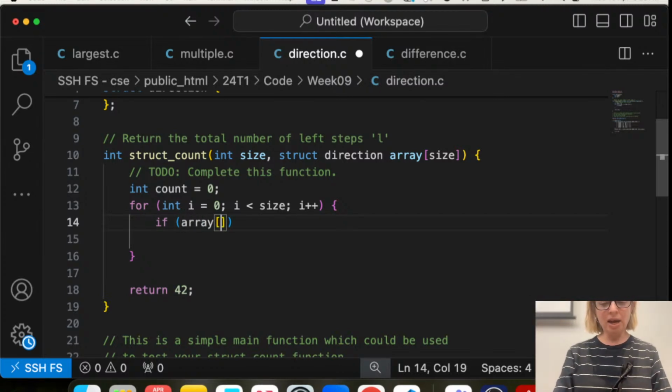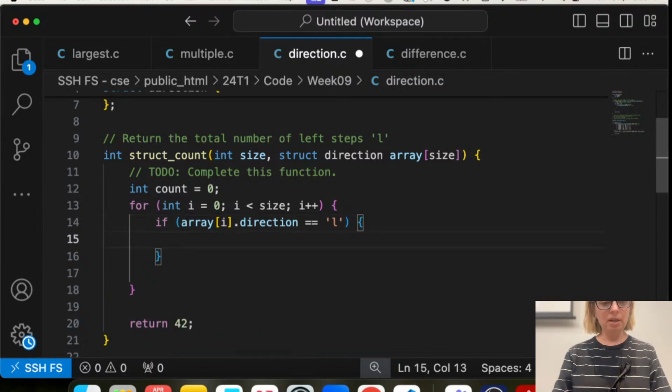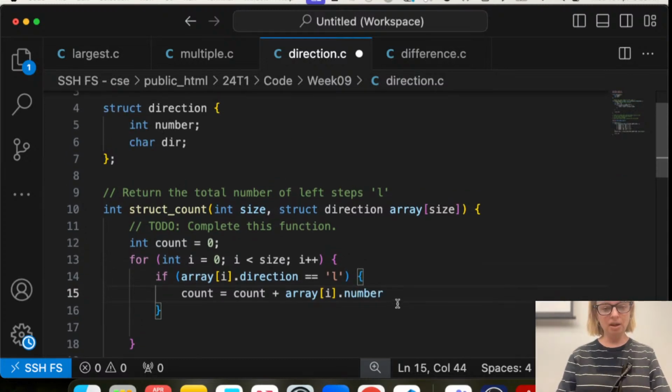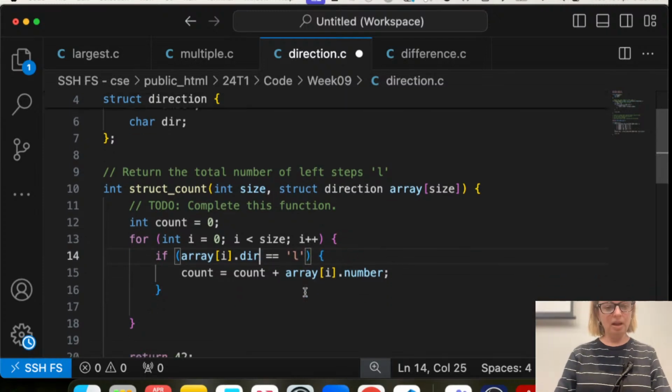Array at index i dot direction. So if that is equal to L, then I'm going to add to my count whatever was in the count, plus array at index i dot number, which was the number of steps. And I've actually got the wrong name, this is dir. Okay, great.